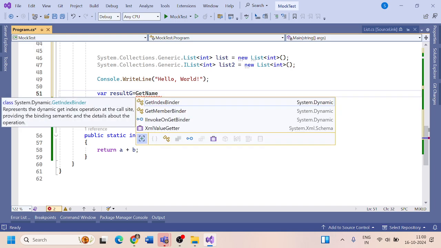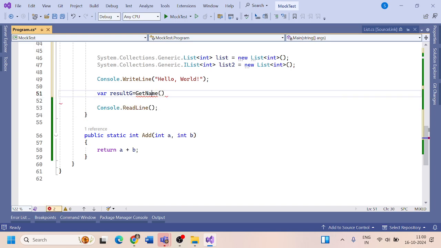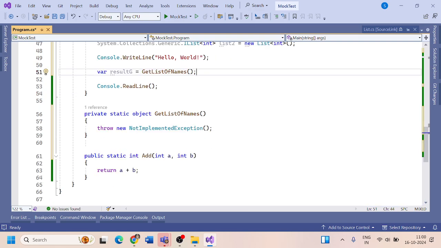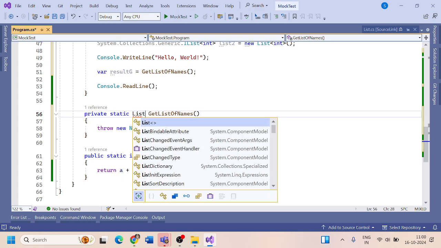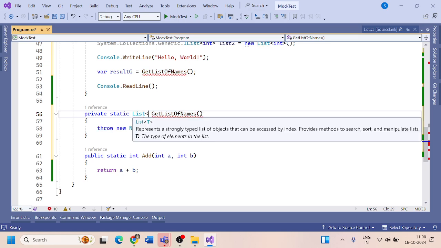Get names, get list of names. Okay. See here. I'm generating this method here. See this. What is the output they are expecting? List of